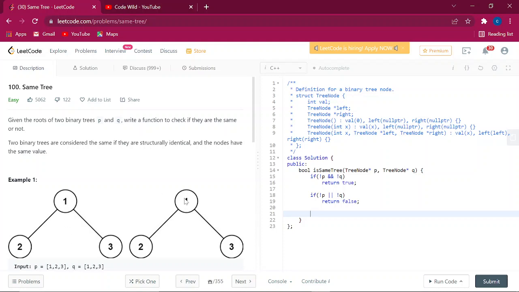What is the logic? If both the values are equal, we have to check if both are equal or not. Before that, we'll also say how we are checking it. That is recursively, yes, we know, but how are we doing it? We go to P of left and Q of left, and also P of right and Q of right. If both the values are the same, then return true. So what we say is